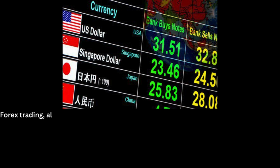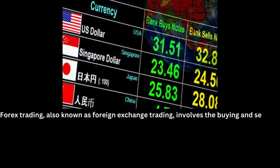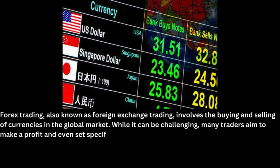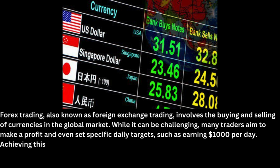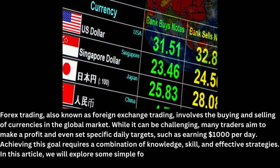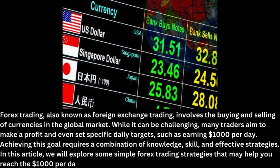Forex trading, also known as foreign exchange trading, involves the buying and selling of currencies in the global market. While it can be challenging, many traders aim to make a profit and even set specific daily targets, such as earning $1,000 per day. Achieving this goal requires a combination of knowledge, skill, and effective strategies. In this article, we will explore some simple Forex trading strategies that may help you reach the $1,000 per day